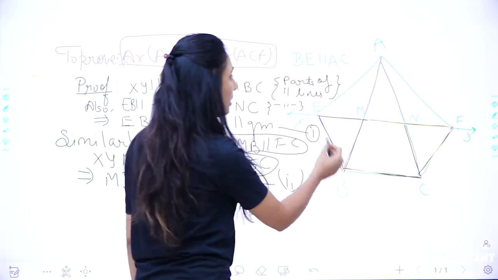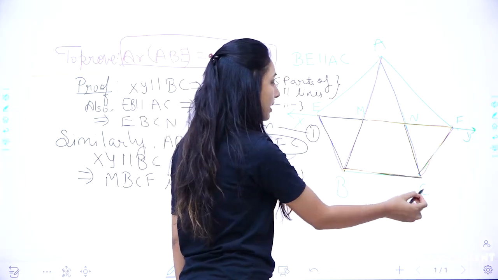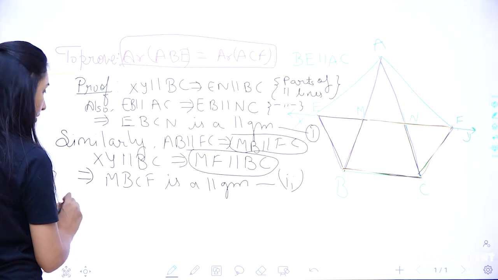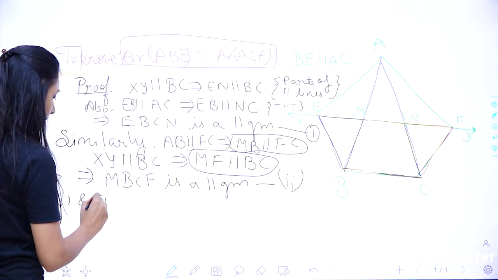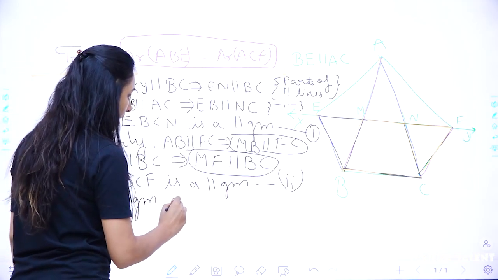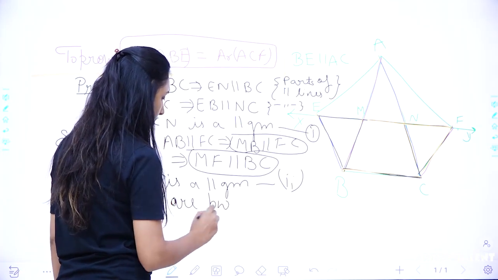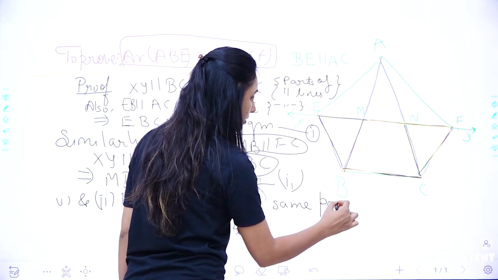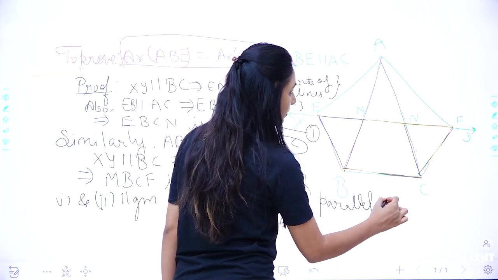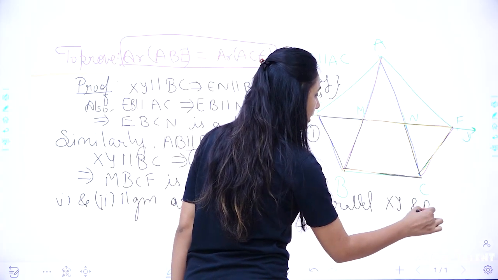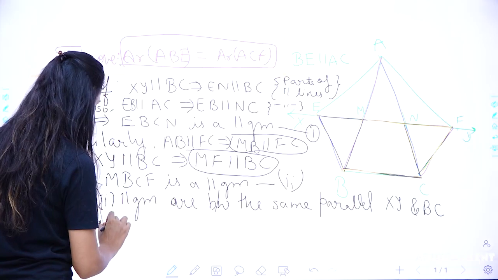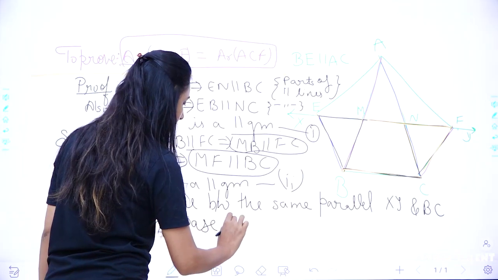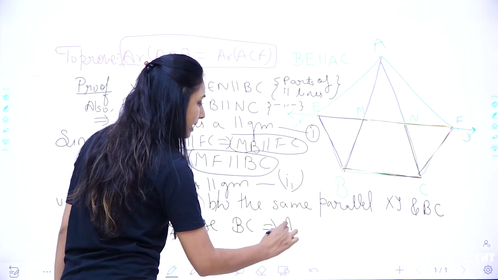Okay, these two parallelograms, the first parallelogram here, the second parallelogram here, are having the same base BC and between the same parallels, which is XY and BC, and same base is BC, implies that